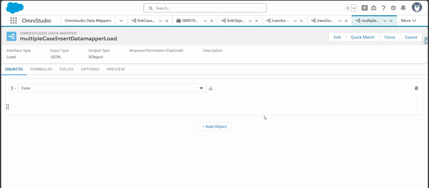Today I'll be discussing how to link multiple objects while inserting records in Salesforce through Data Loader Data Mapper load. In the last session I discussed how to insert multiple records, specifically case records, through Data Mapper load. And today I'll be showing how to use this add object and how to